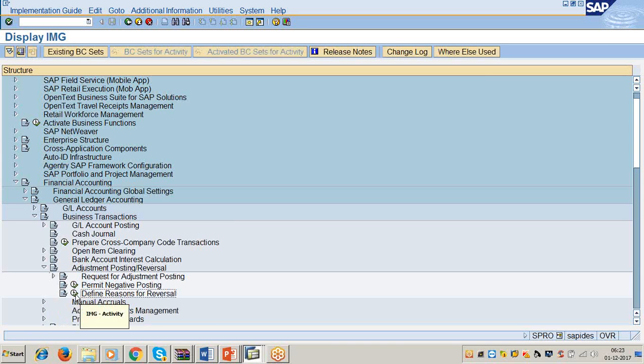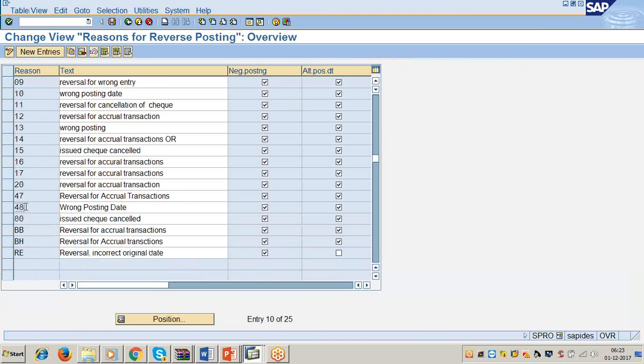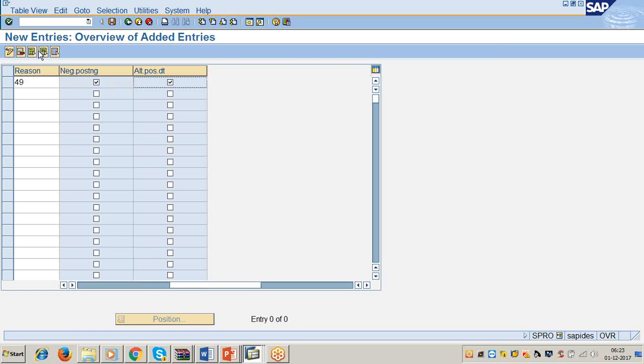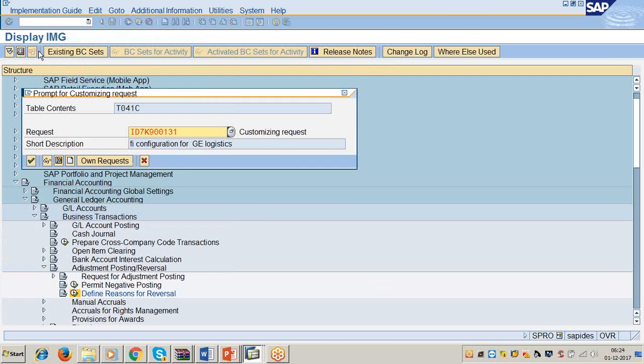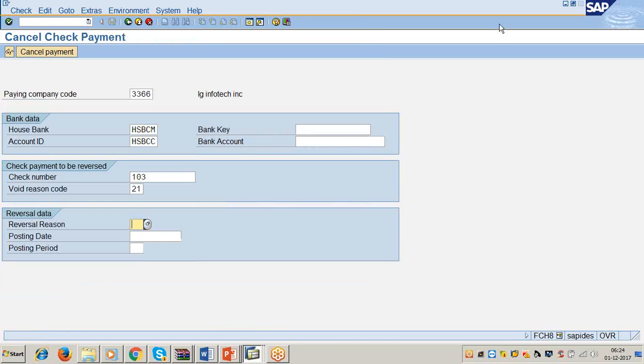In this particular screen, we create the reversal reasons. For example, 48 reasons have been created. Now I am taking 49. Click on new entries. Reason 49, text: reversal for cancellation of check. Select negative posting. Select alternate posting date. Click on save.